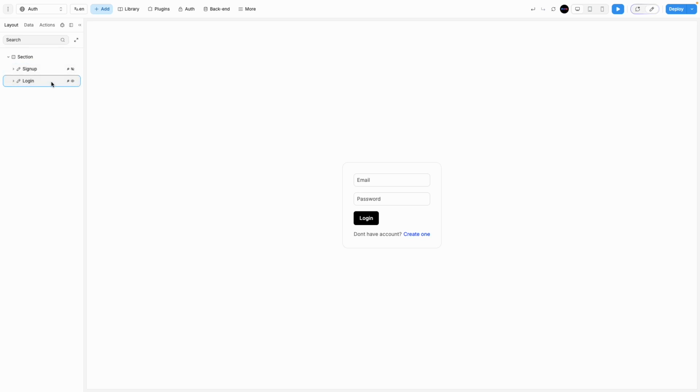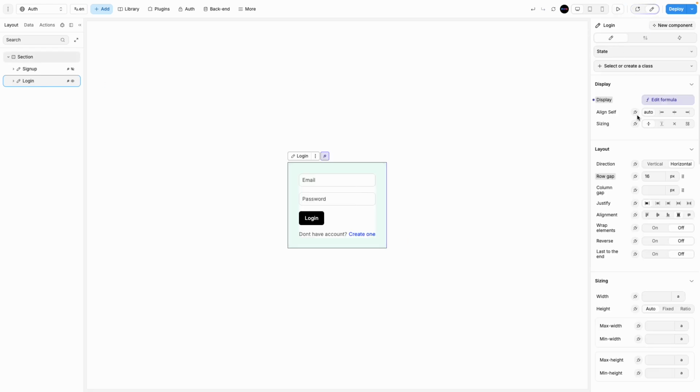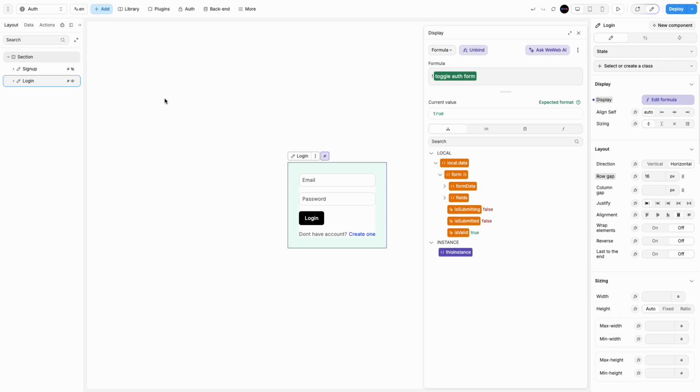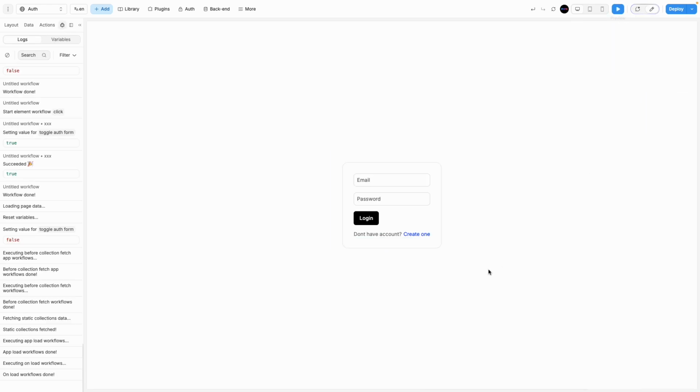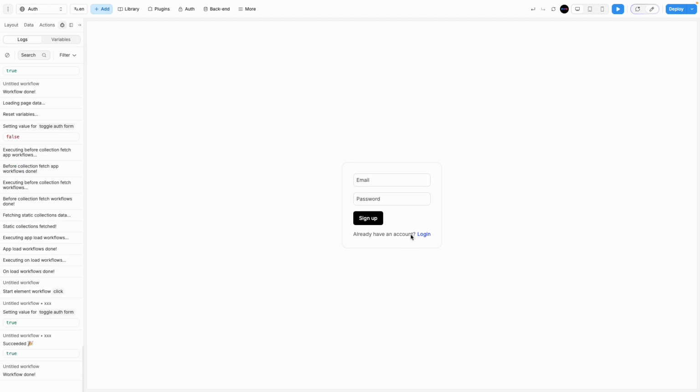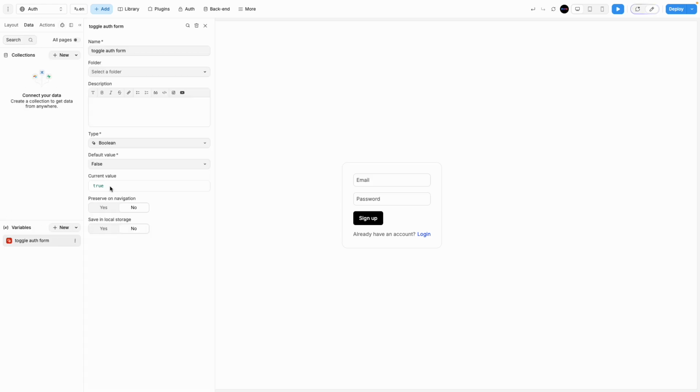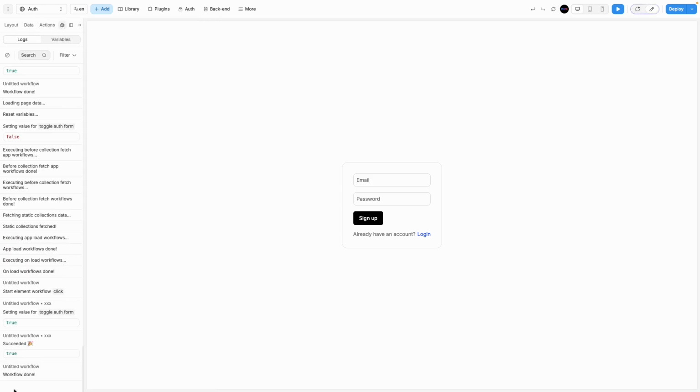But the login form, what was the login form? The opposite of the false, like this, the opposite of this. That is why it's showing, because the value was false and the opposite of false is true, and I binded that here, if you can remember the display. That's why it's showing true. And if I go here, I'll show you everything. If I click on it again, see the form value, the toggle auth form value, this one now is true, because I added that opposite workflow, if you can remember. If I click on it again,